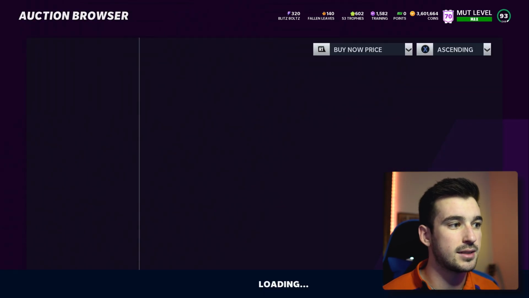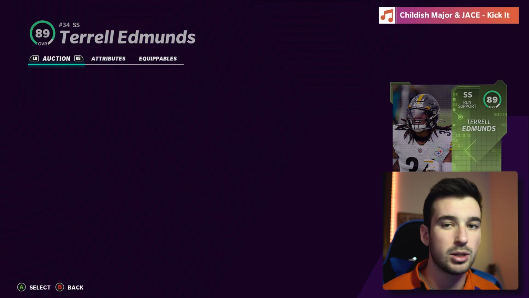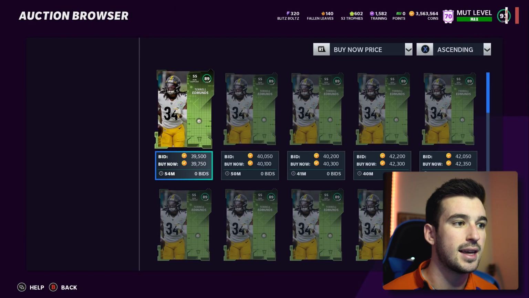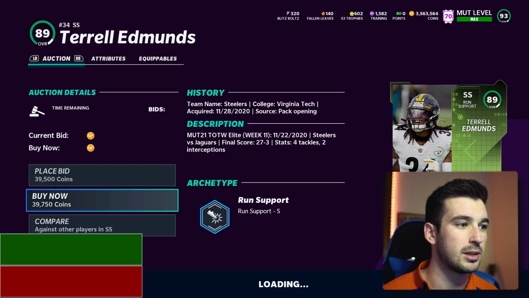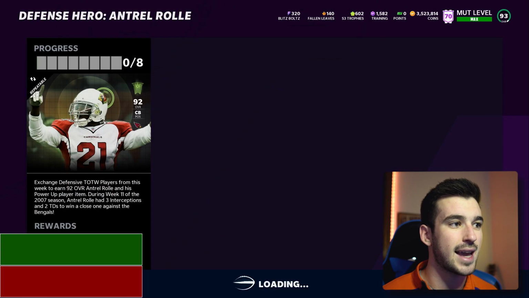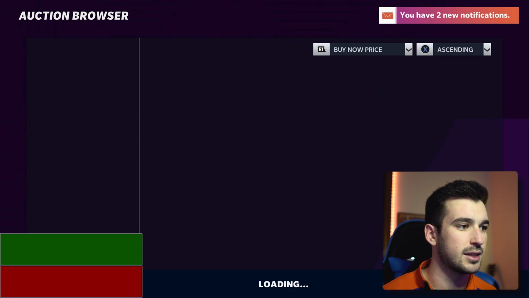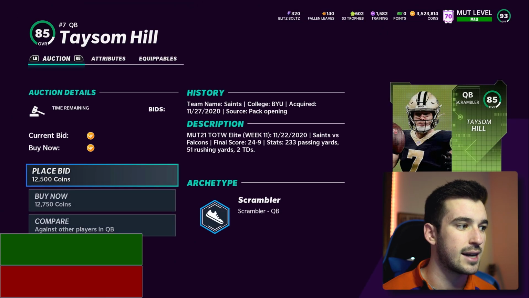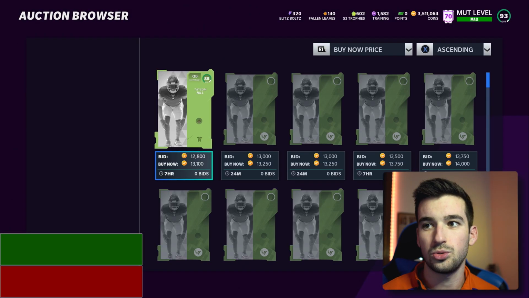And so Terrell Edmonds, as we'll see, is going for 38,000 coins. I'm going to buy this. I'm going to build this on camera so that you guys can see. And I'm going to take a page out of Swift's book and actually include a counter down below so that you guys can keep track of how many cards I bought here. So that's about 80,000 coins that we've spent there. And then we need to pick up 3 Taysom Hills. He's going for about 12,000, 13,000. So that's going to be another 39,000, bringing us to...